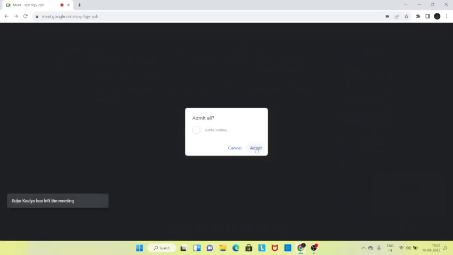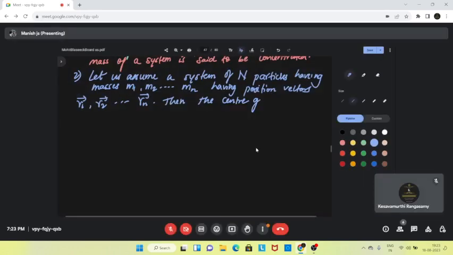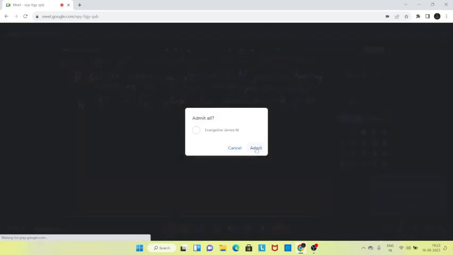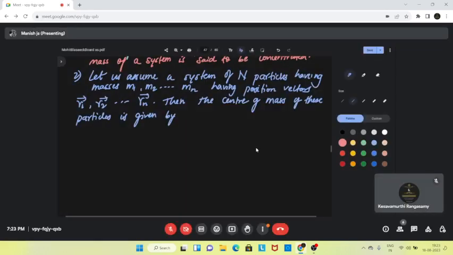So n particles are there having masses, and we will assume that they have some position vectors, with position vector up to Rn bar. Then we can generalize the center of mass, which is given by RCM